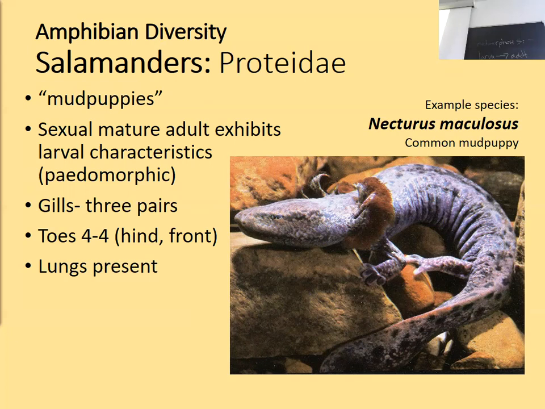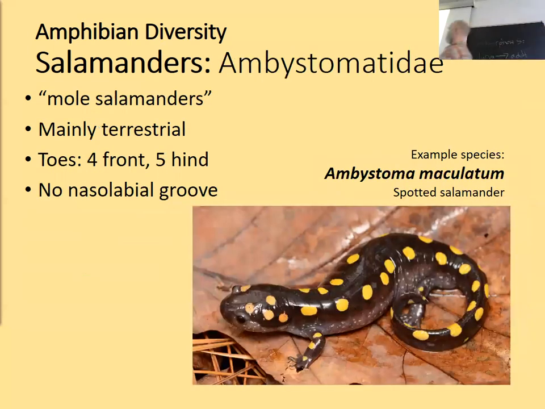Importantly, the adults exhibit the same characteristics as the larvae, and this is known as being paedomorphic. Paedomorphic comes from the root for young or child, and morphic meaning form, morphology. And so they have the morphology of a baby, essentially, meaning that the adults don't lose their gills and they have the same body shape and the same aquatic lifestyle as larvae of other closely related species, even though they're adults. These guys have 4 toes in front and 4 on the back. And that's important because that's different. Remember, Ambystomatidae has 4 in the front and 5 in the back.